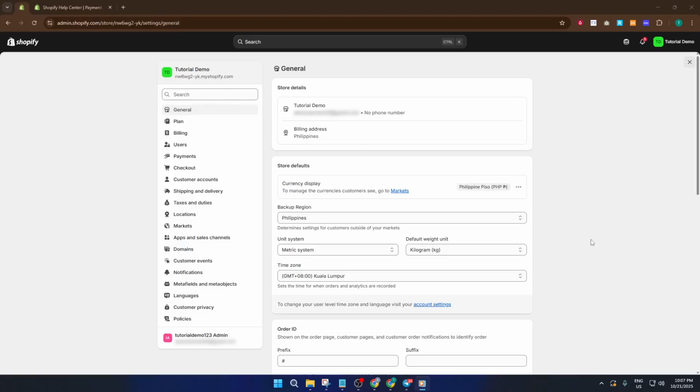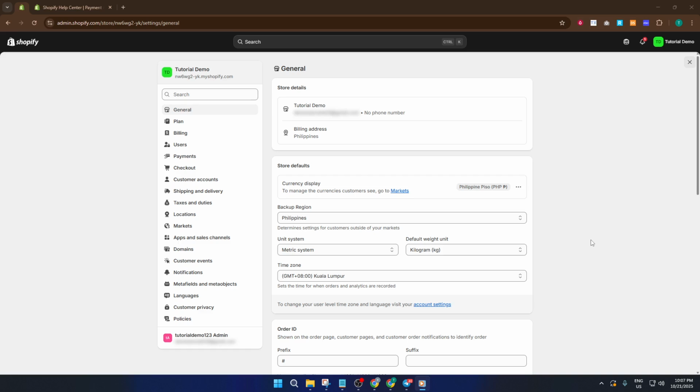Looking to accept UPI payments on your Shopify store and unlock a seamless buying experience for your Indian customers? In this step-by-step guide, I'll walk you through exactly how to add the UPI payment method to your shop. By the end, you'll have everything set up and ready for smooth transactions. No more missing out on customers just because you don't offer their favorite way to pay, but let's jump right